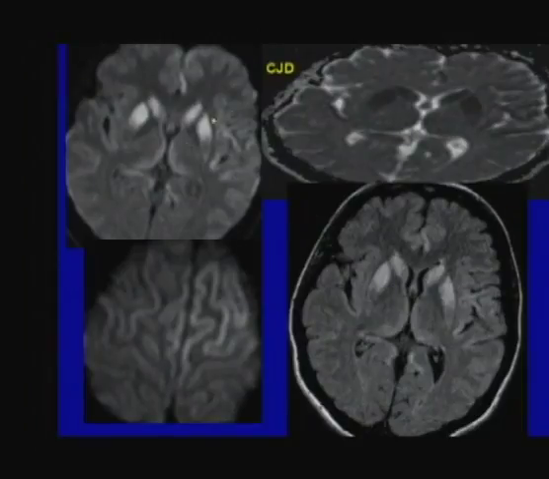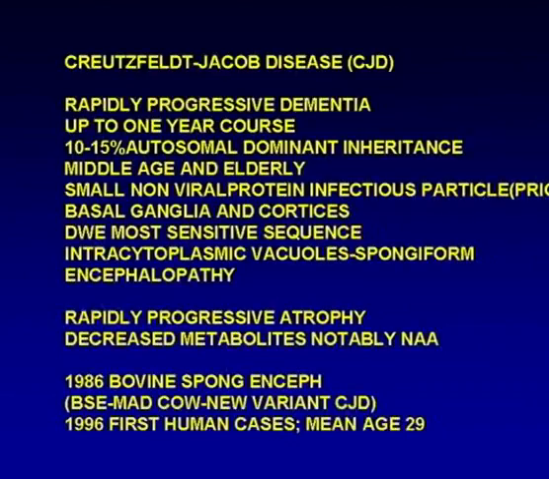The diffusion scan is very, very sensitive in CJD and very, very helpful. You're going to see also ADC deficits to go along with the diffusion restriction. And FLAIR and T2 scans are going to be very helpful. So what is CJD, or Creutzfeldt-Jakob disease? A rapidly progressive dementia. Usually patients don't survive 1 year. In 10 to 15%, it's an autosomal dominant inheritance